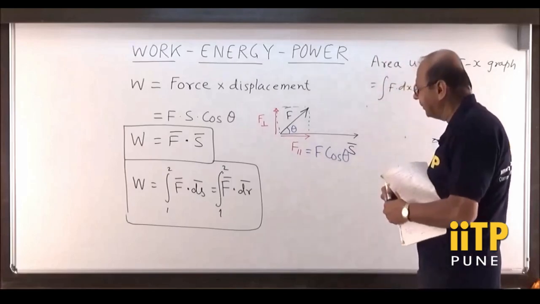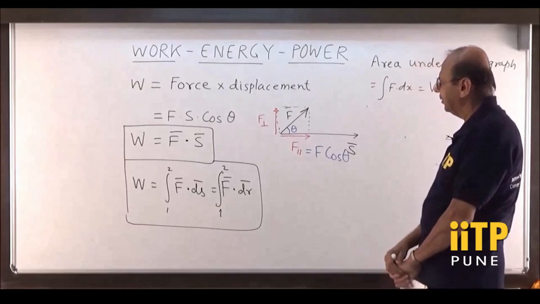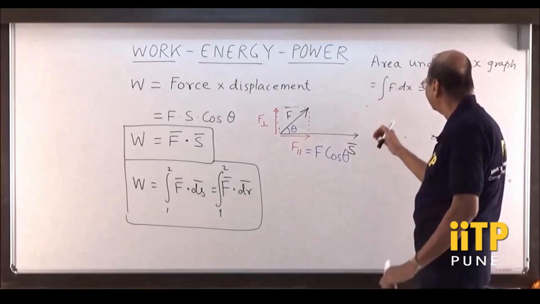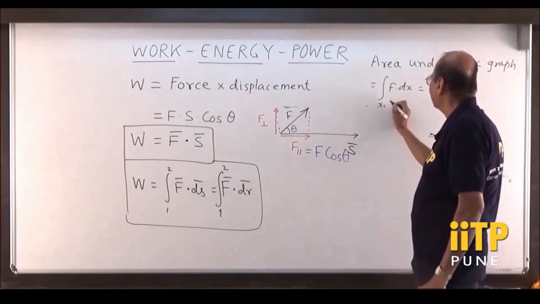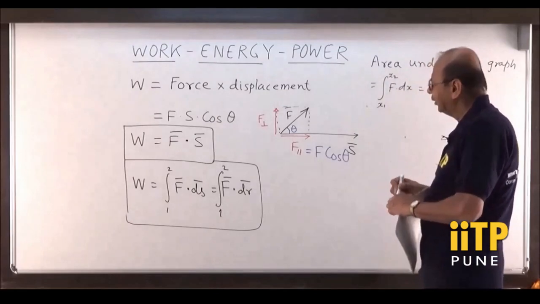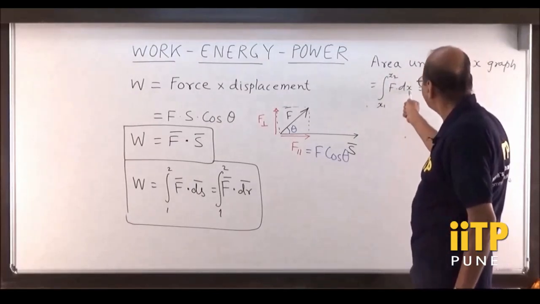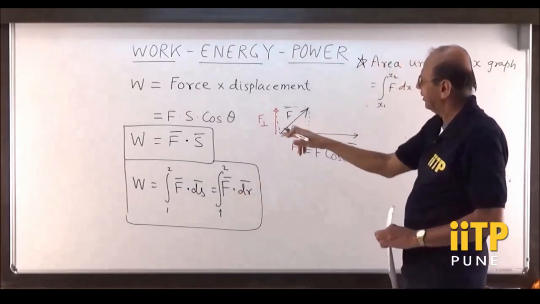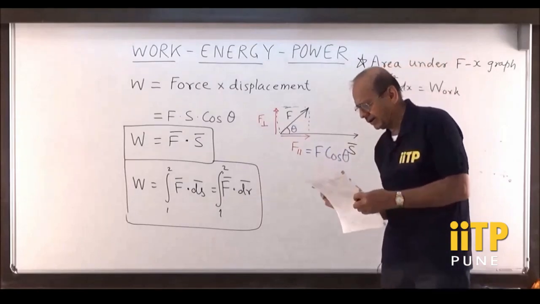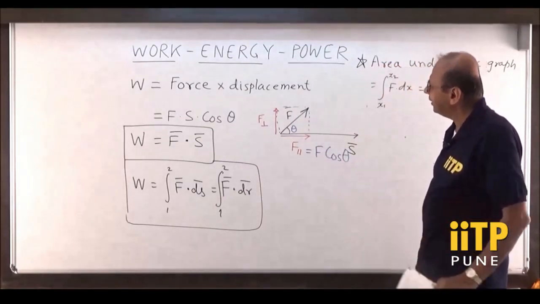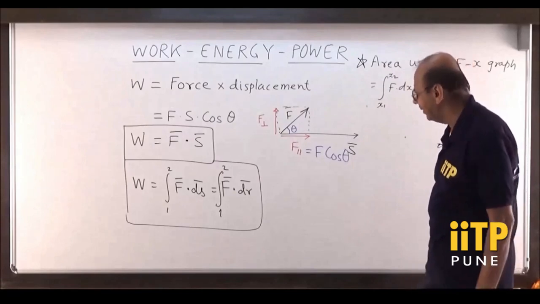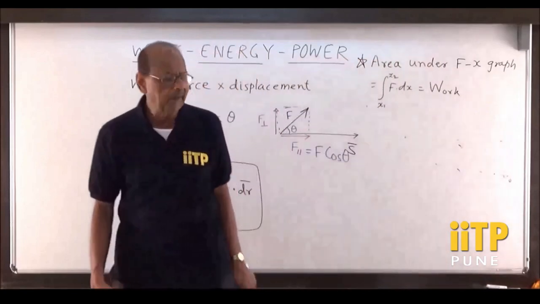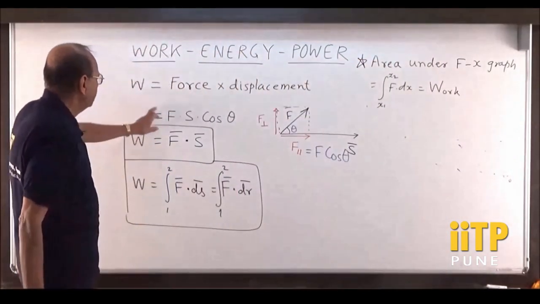So we can also say, if somebody gives me the graph of a variable force along the x-axis, in that case the area under the curve F versus x from the first to the second position, whichever is our starting point and ending point, is the total work done. So we can have work done by the area under the force curve as well, the third definition for work done. After noting this definition of work done, F dot S, force into displacement into cos theta, we will try to solve a couple of problems based on this particular fact, W is equal to F dot S.